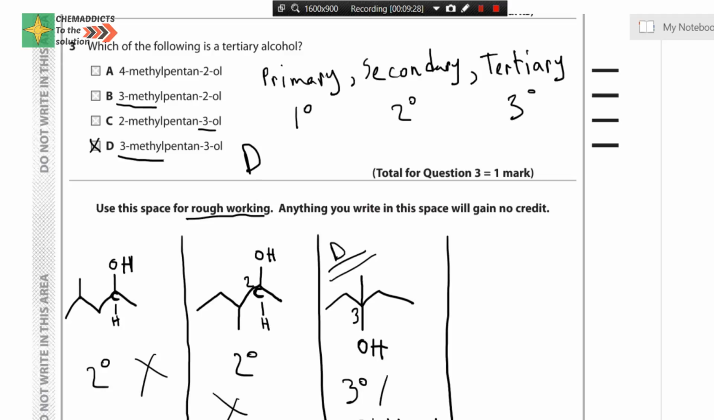Now let's have a look at C, though C shouldn't be the answer. Let's look at how C would look. Pentan-3-ol, the hydroxyl group would be on carbon number 3, and the methyl would be on carbon number 2. Since there is space for hydrogen to be attached over here,